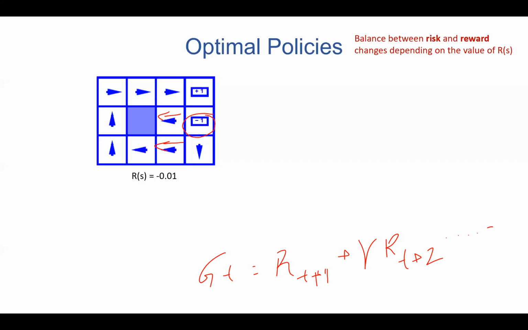Now you see in here, you can go west, but it's not going to do anything for your agent, right? It's not going to do anything, but it will still try to hit the wall to try to stay away from the big reward, because your big reward is way bigger compared to your immediate reward.